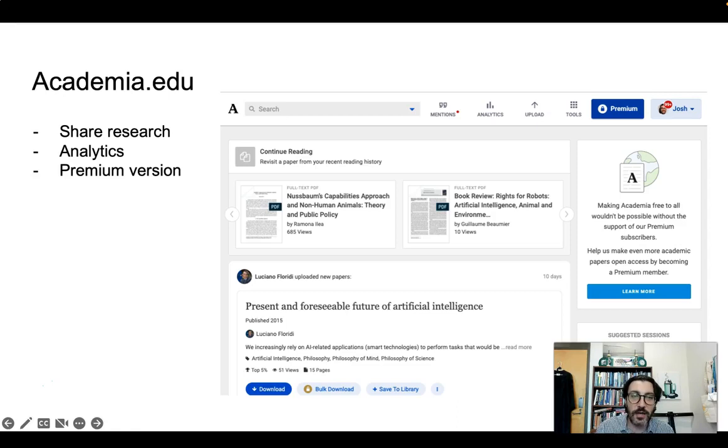Just like with ResearchGate, academia.edu allows you to interact with the research that you're seeing. So you can like something, you can share it, you can comment on it, you can comment to or send a direct message to the author directly. And again, this is a great way of sort of fostering a kind of intellectual community using this sort of research repository.